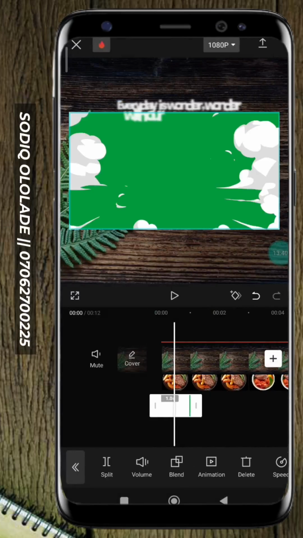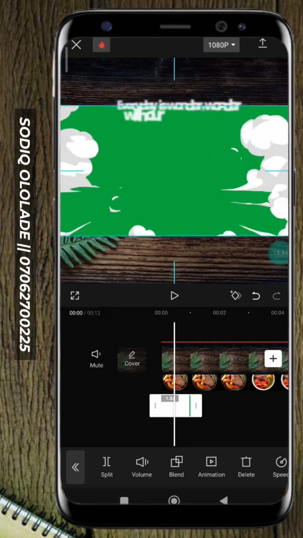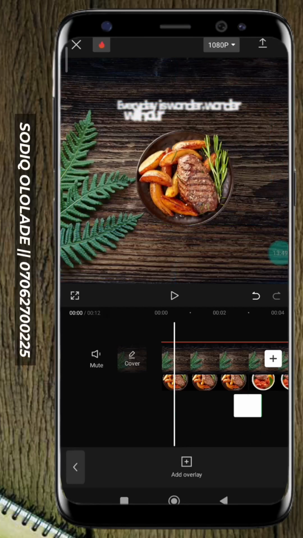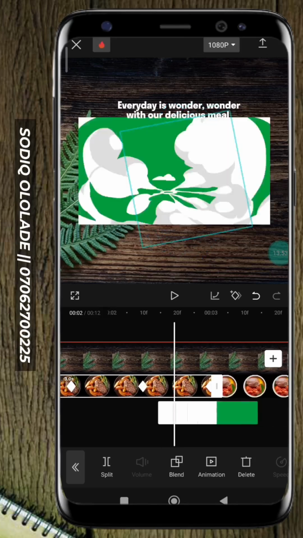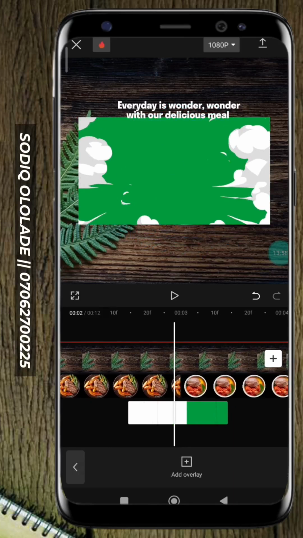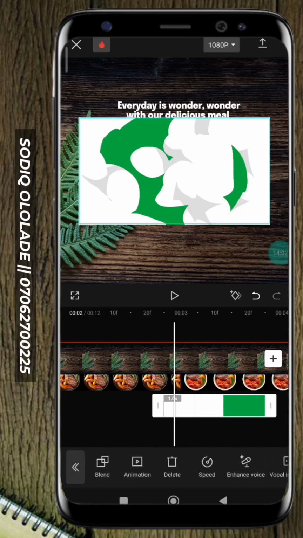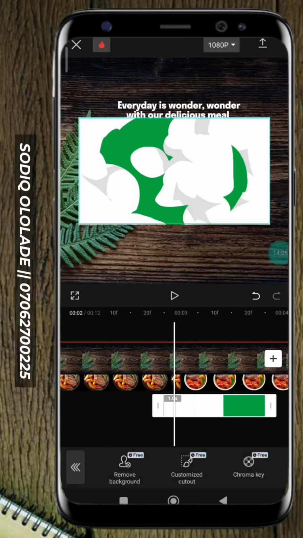So as you can see, this is it. It's not cool enough, right? So just, okay, before you extend it, click on it. It's going to start where, just extend this your screen. It's going to start where this guy is coming to start, like this one, the point of transition. That's where it's going to start, right? So almost this point. Then click on it, come to your auto cut or cut out, come to chroma key,